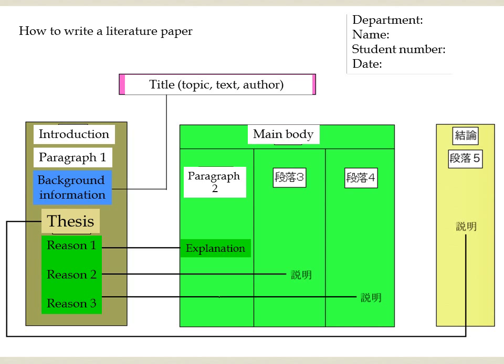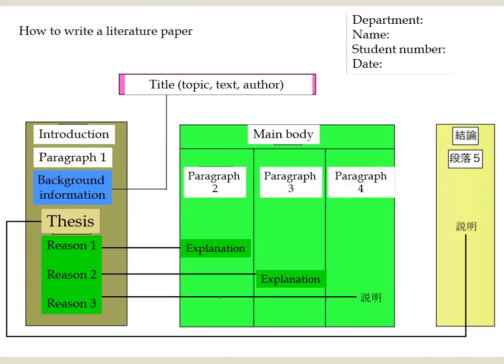And continuing to the second reason for why we think Hamlet was or was not mad, that would go in the next paragraph of the main body, and we would give a detailed explanation there. And we can move on then and give the third reason in the next paragraph, the last paragraph of the main body, giving a detailed explanation of it, so that those 3 arguments have been fully expressed in the main body,